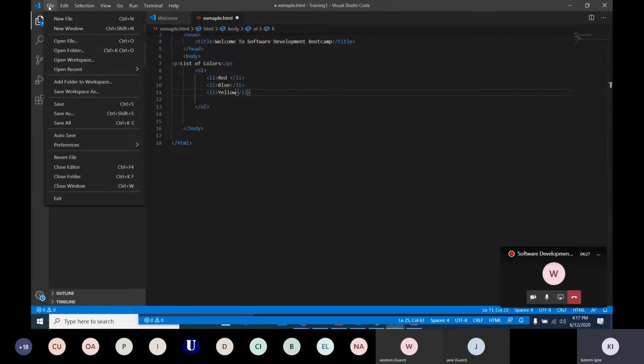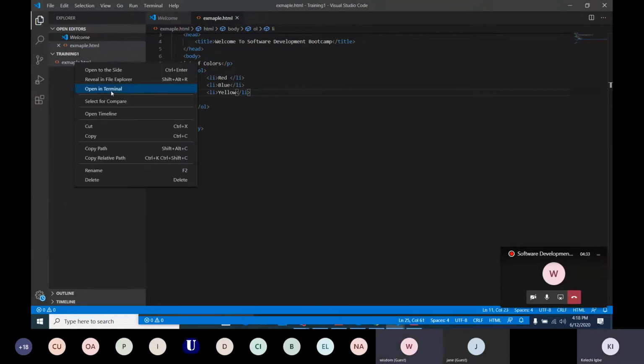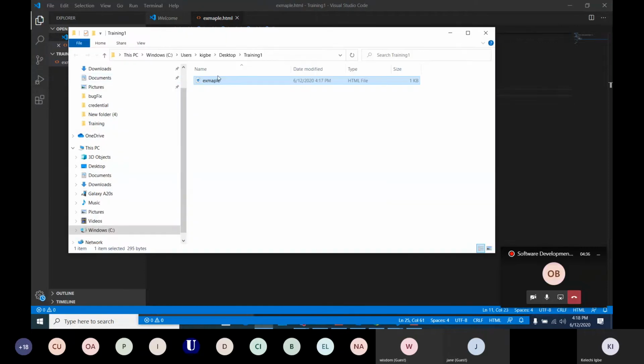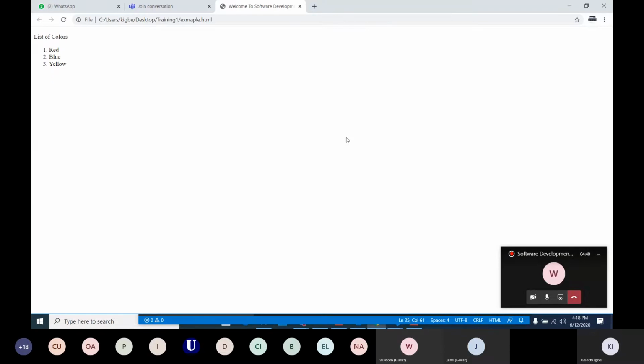So if I view this on my browser, you see the way it appears. You have your red, blue, yellow. It appears in order. Now, if I decide that the order of the things I want to display does not matter, because there are things you want to display sequentially, but it doesn't matter which one comes first, or second, or last, then if I have such lists, what I need to do is